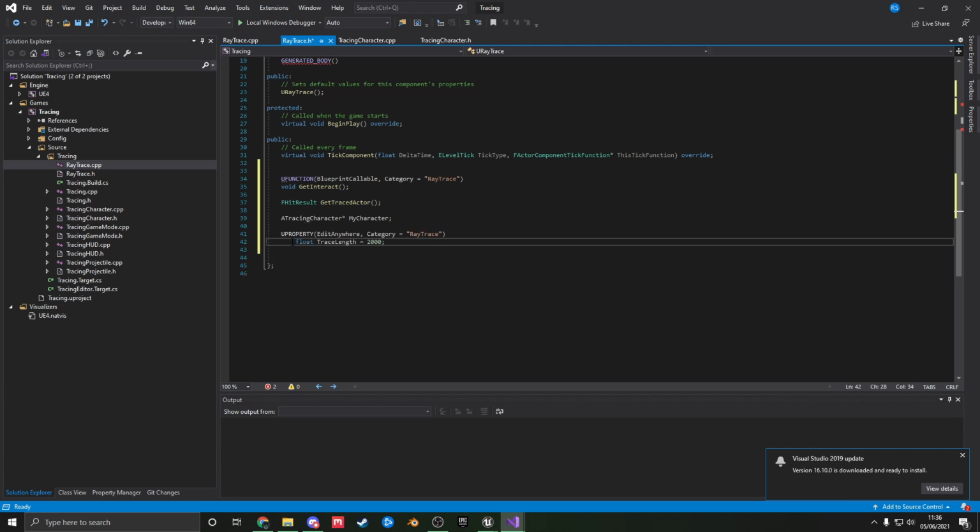Next, we're going to need a property. Now, I found that was a little too big, but effectively this is how long or how far in front of the character we want to do a hit test on. And then finally,